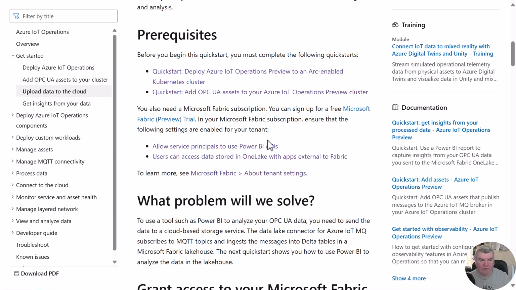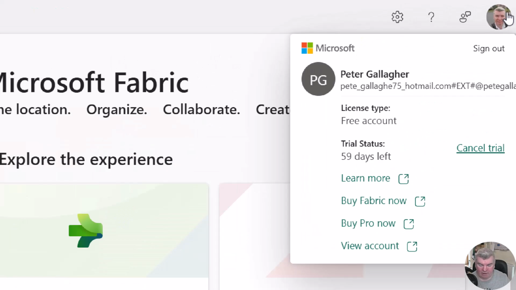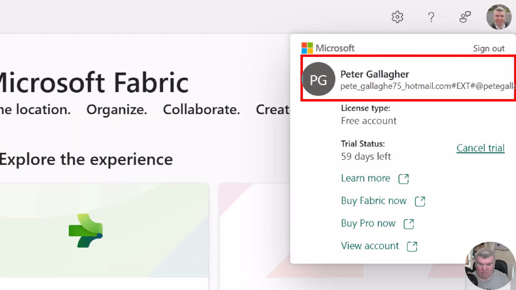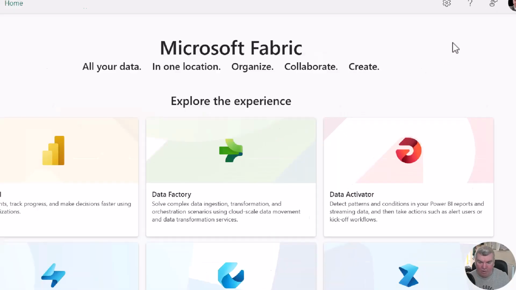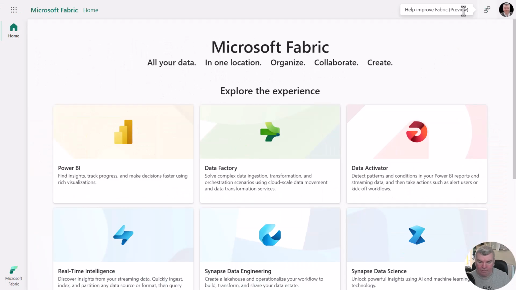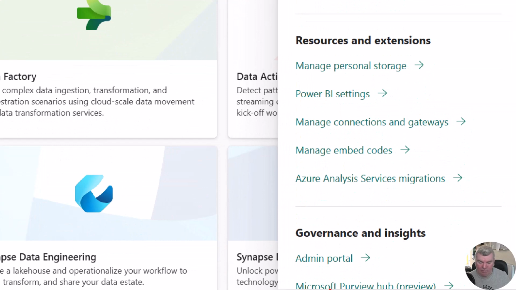If we switch over to Fabric, here I've logged in as my admin user. If I click my account at the top right, we can see that I've logged in as an admin user. I've started the trial already, I've clicked the Start Trial Fabric button here. But this allows me to go ahead and make some changes to the tenant settings. If we click this cog in the top right hand corner, then at the bottom we've got the admin portal that we can go to. So going ahead and clicking that,